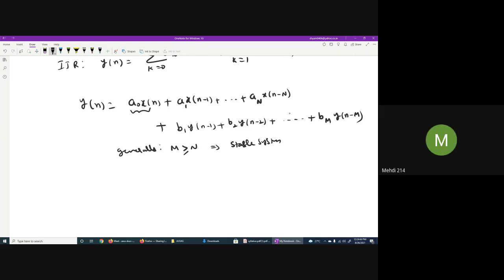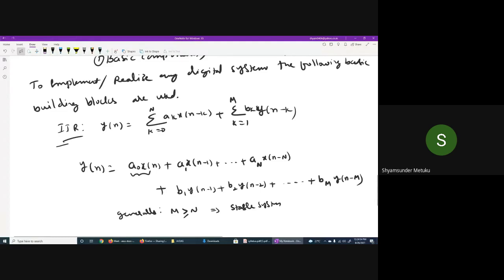Mathematical operation. Sir, one thing, you told that this is a non-recursive system, IIR. So it is recursive. Why are we taking the bk term? It is recursive, I have written IIR here, no? I'm just giving a recursive example. I'm not explaining FIR or IIR. To write basic building blocks, I'm taking an example of a recursive structure, which is an IIR. Okay?